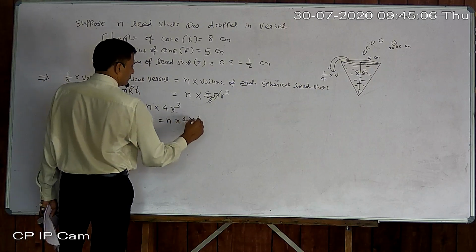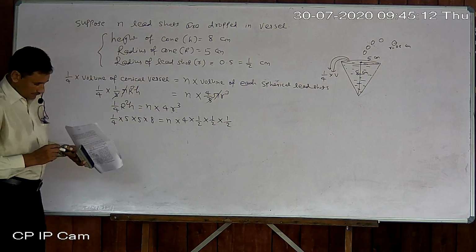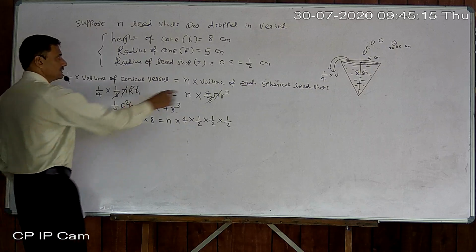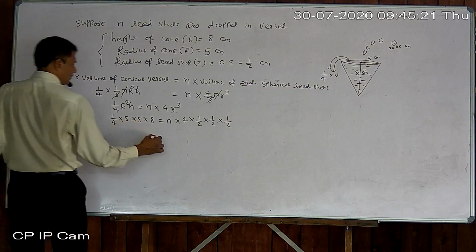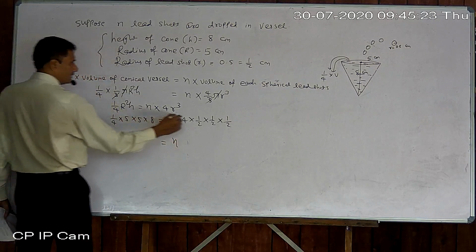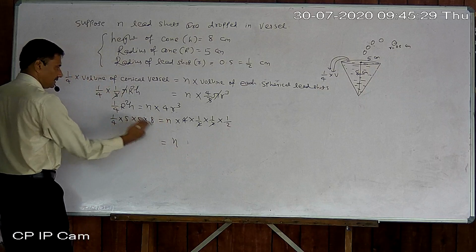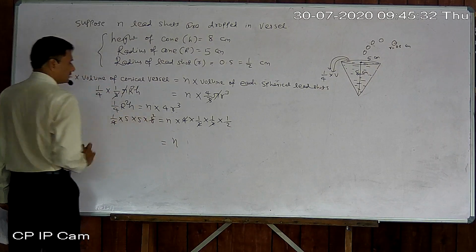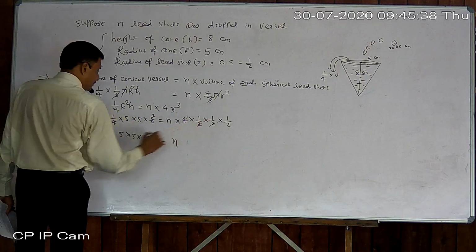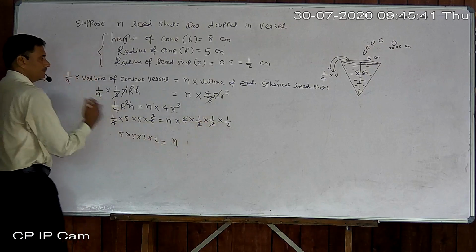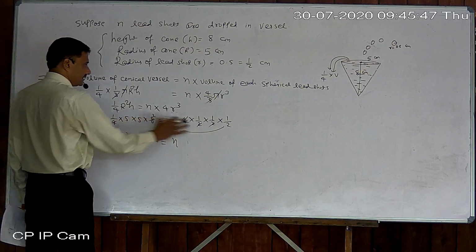4 into 1/2 into 1/2 into 1/2. We usually write the value of r twice or thrice according to square or cube, but do not compute the square or cube. Okay, this is not a rule, but that is our practice. Now 4 cancels here. If you want n, then you have to put that part here only. Okay, now you can cancel that part also. So I am writing 5 into 5 into 2, 5 into 5 into 2 into 2. Why? That comes from the left side, so it goes in numerator. Okay, cutting is done here.